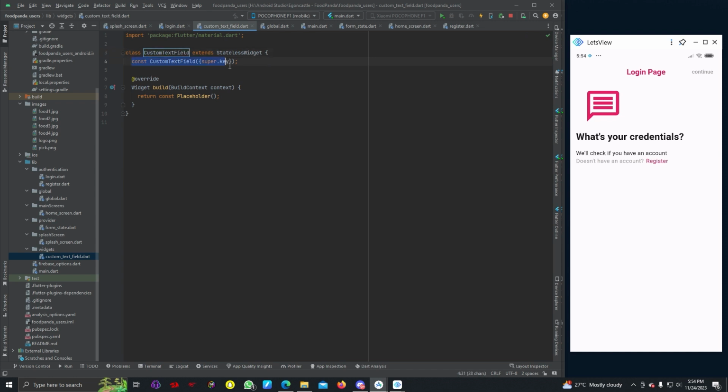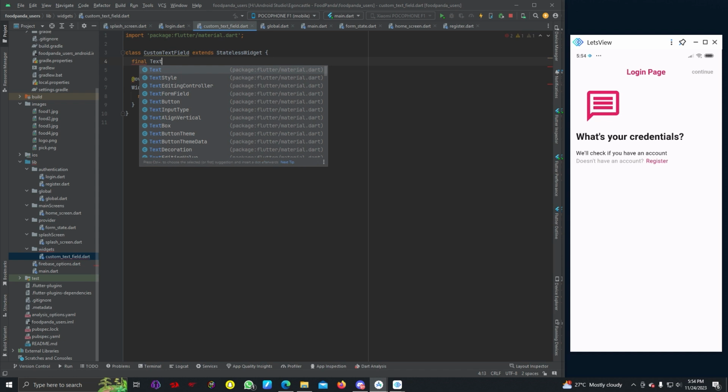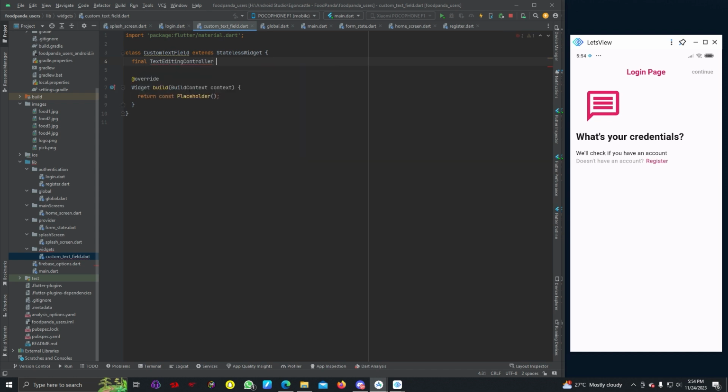We can remove this line, and we can add final TextEditingController,